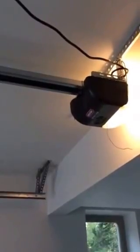Hi, so this is your Genie garage door motor. Just want to go through a couple of troubleshooters with you real quick. First of all, with any garage door opener, the most common problem we have with garage doors is the door not wanting to close. So the first thing you want to check if your door won't close is your photo